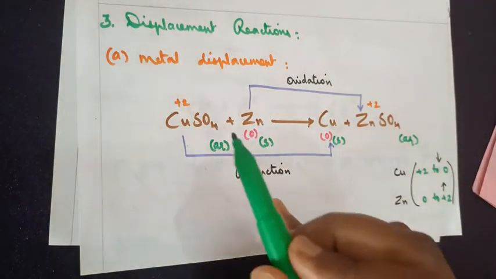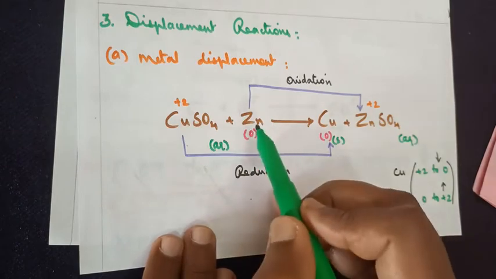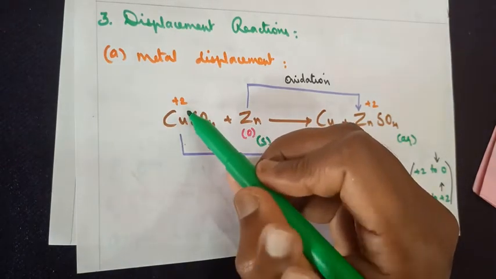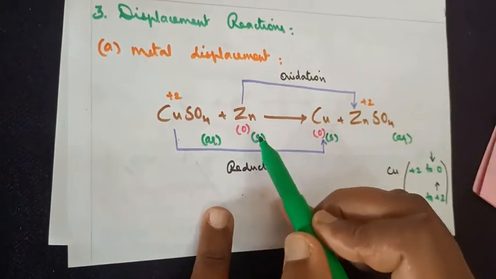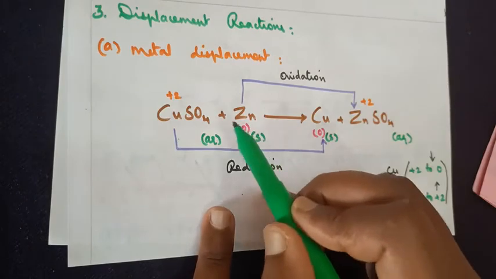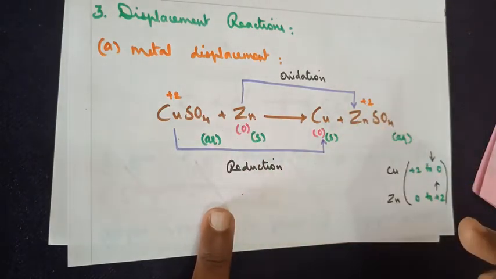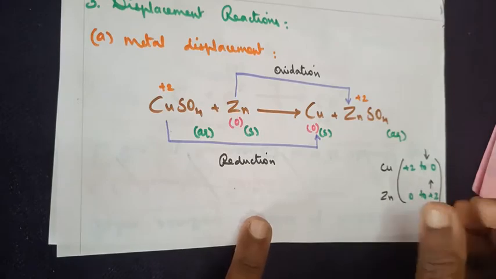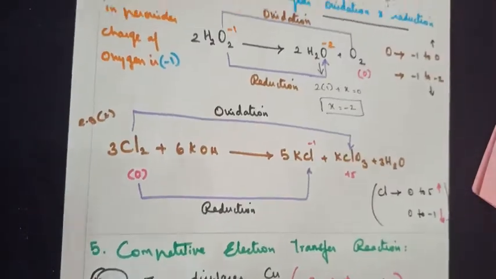The easy clue for you in terms of copper and zinc, we always remember they will lose 2 electrons. So in the elemental form the oxidation number is 0. In the combined form, +2 is their charge here. Based on that, I have explained that concept to you.